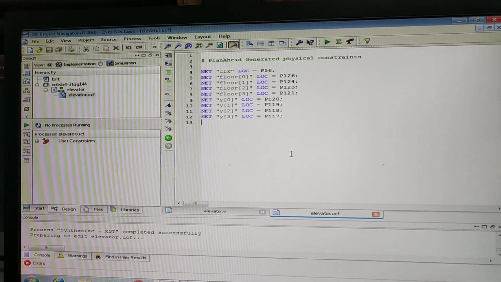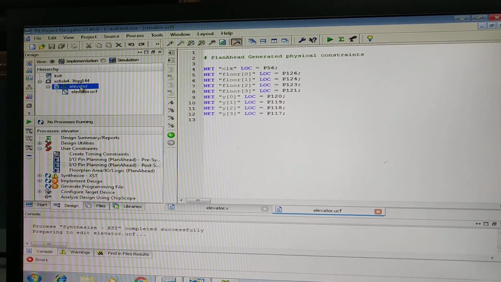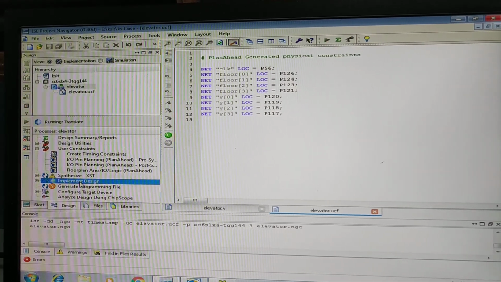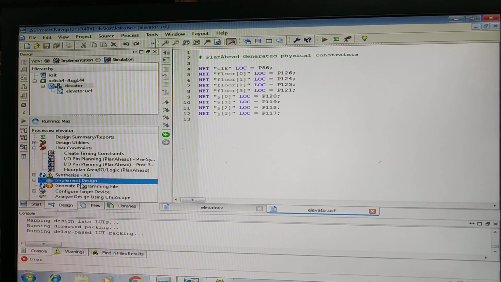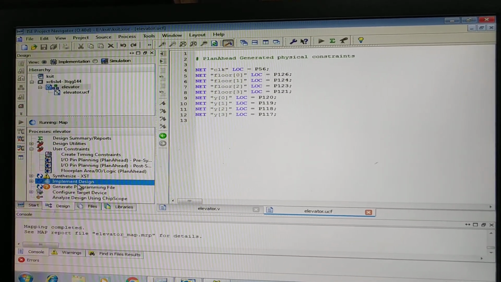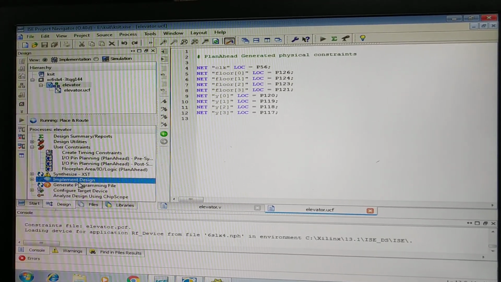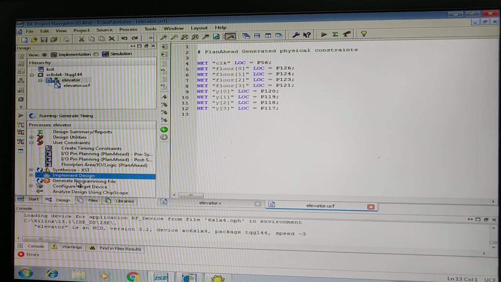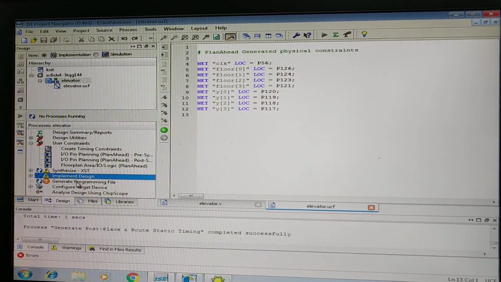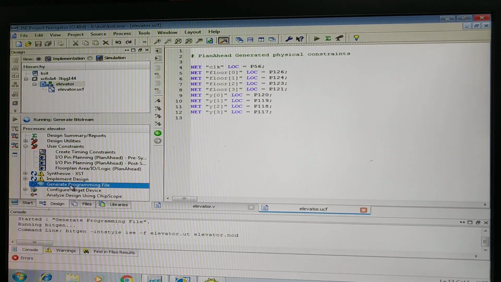Next, implement design. After assigning the ports, I am implementing the design. Next, generate program file.